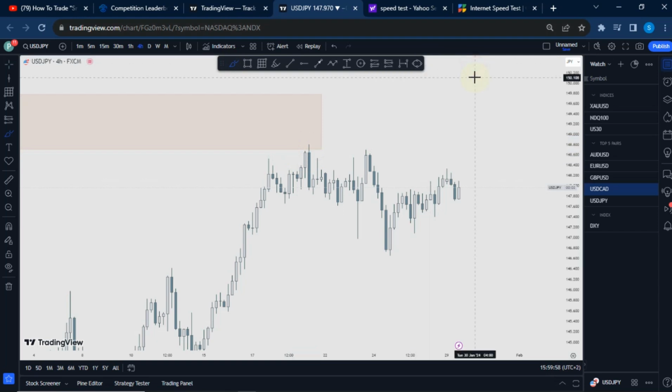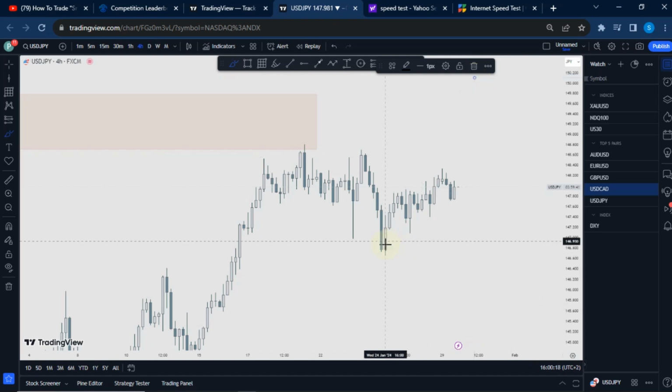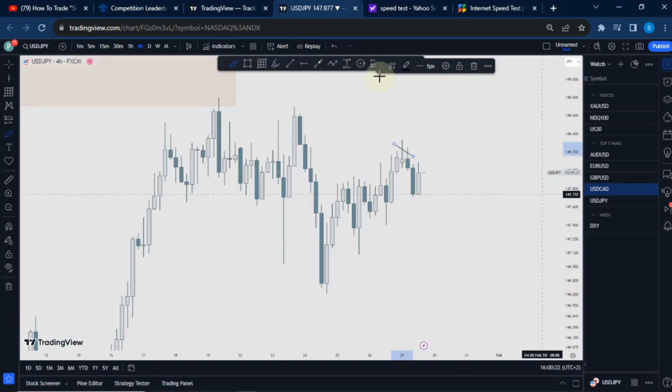Remember what I was teaching you guys is that those zones that cause the break of structure, price will eventually, after some time, go and respect those zones. What we do is that once price gets to respect those zones, that's when we look for sales in a downtrend, especially once price is respecting supply. So as you can see here,